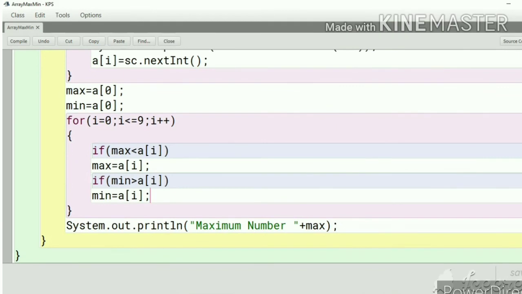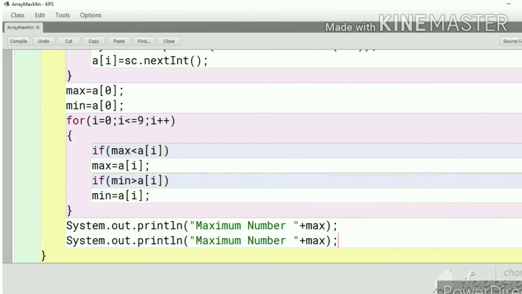When the condition is true, that is min is greater than array i, at that time min will be replaced with the array i element. After that we'll add the statement minimum number, in place of max it will store the variable min.